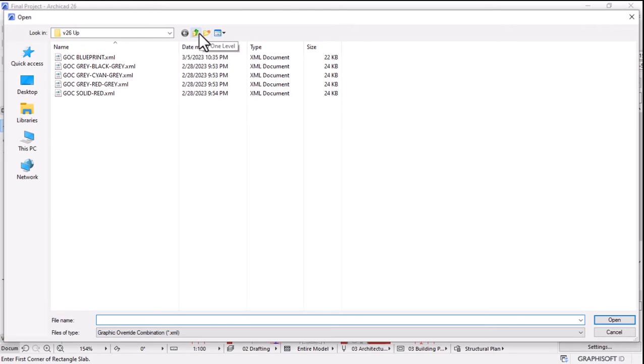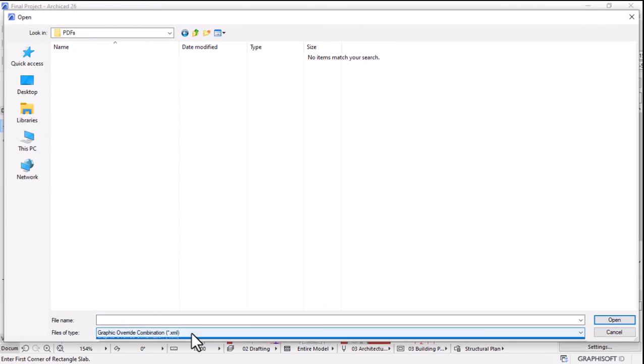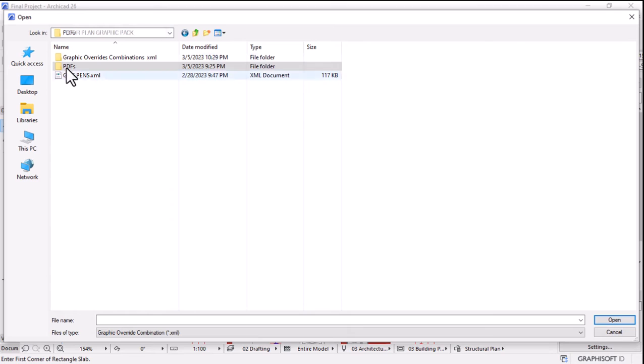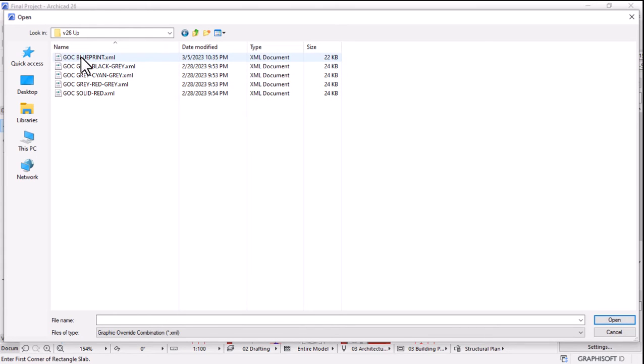For this pack, it comes with pens and a PDF. Let me just say all. We would want to show the PDF here, and then PDFs that represent the different styles in print form. So we also have this folder where it has different versions. We have from version 24 to 26. In this case, I'm using 26. I'll open this folder, and then I'll load all these XML format files,